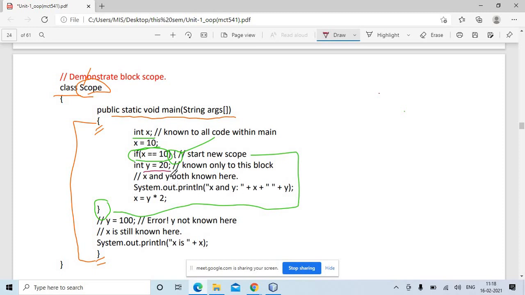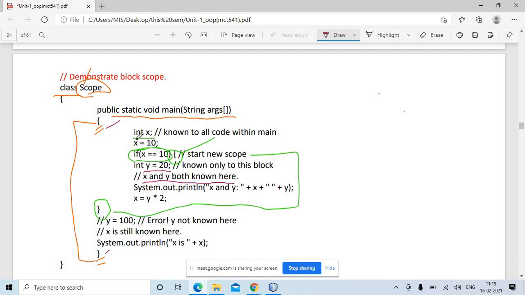And because this inner scope is cascaded within this outer scope, here x and y both are accessible.